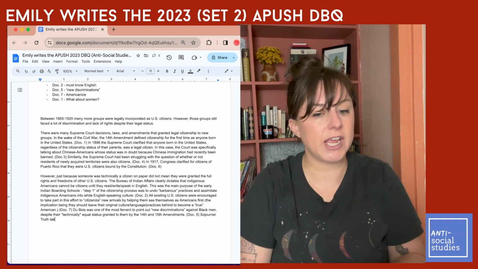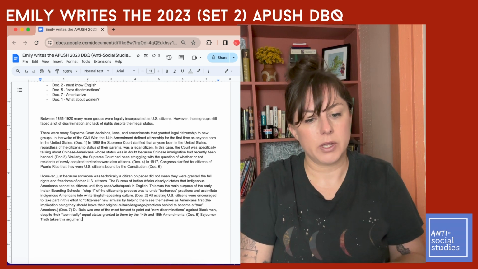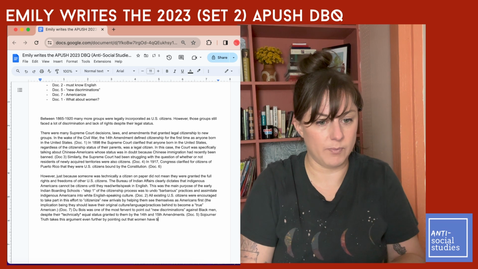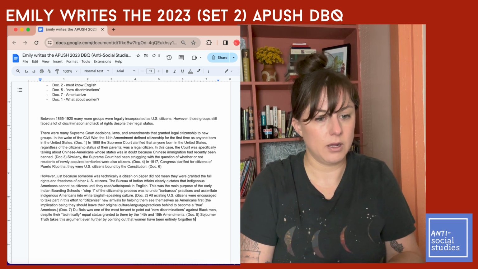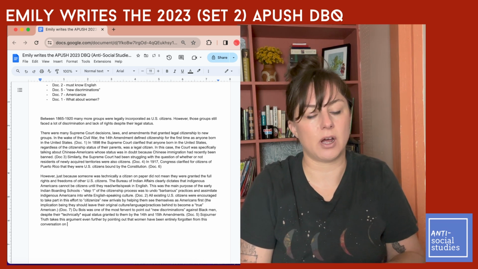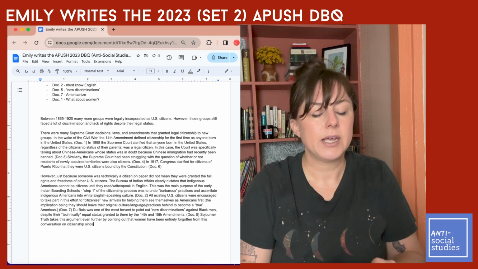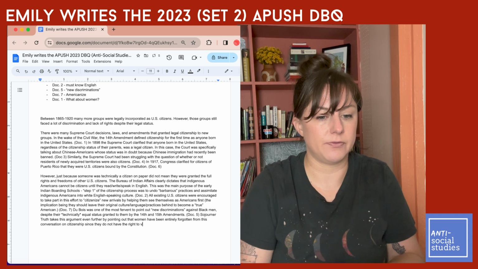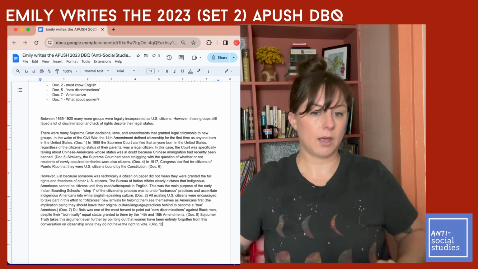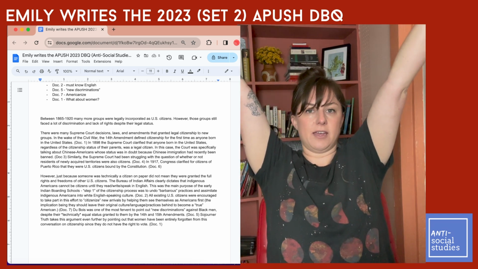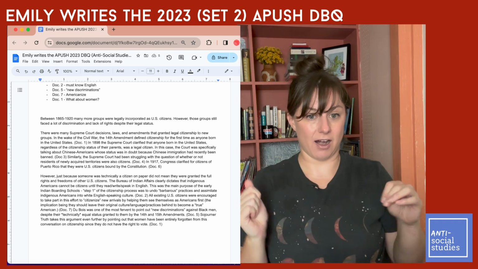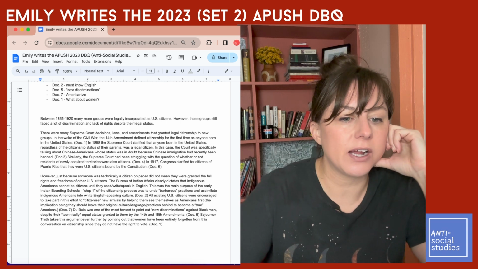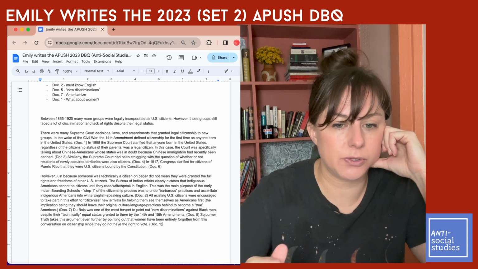Sojourner Truth takes this argument even further by pointing out that women have been entirely forgotten from this conversation on citizenship, since they do not have the right to vote. Document 1. Great. Okay, my basic essay is there. Is it great? No. Is it fine? Yes. So the idea here is I have a basic thesis statement and I have my 2 arguments, and now